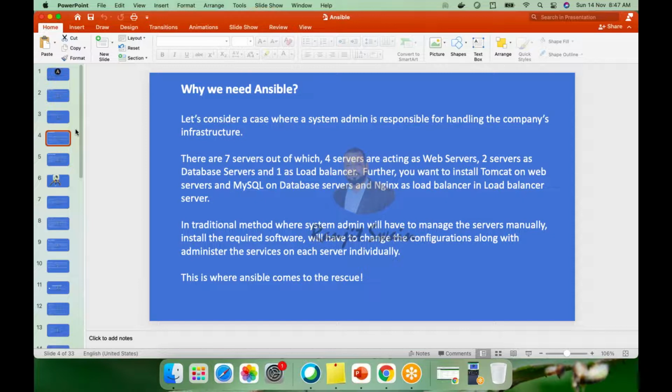The first concept: if you understand why you need Ansible, then you can place the exact requirement in your project where Ansible needs to be kept, right? So let's consider a case. Whatever I have just written here, let me explain to you. Think about